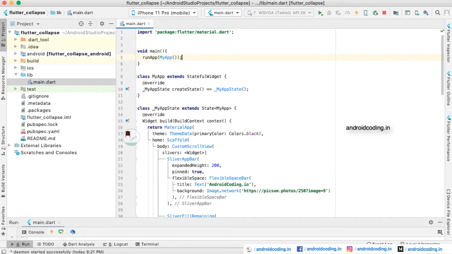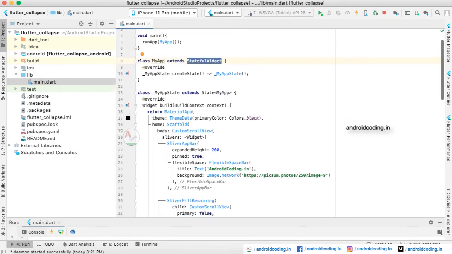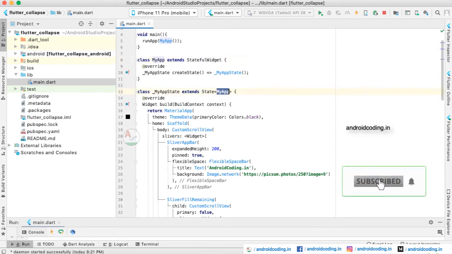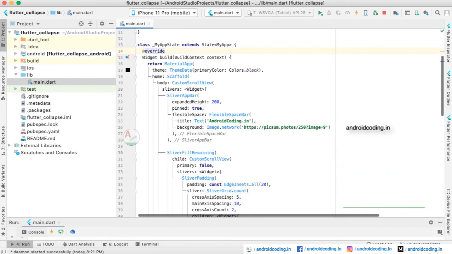Starting with the void main, here we are considering the default class MyApp, which is extending a stateful widget, and here we are creating a state for it. Here we are making use of the MyApp class state. You can see we have returned a MaterialApp inside which we have provided the theme. I have provided a theme color as black, and it's optional again.